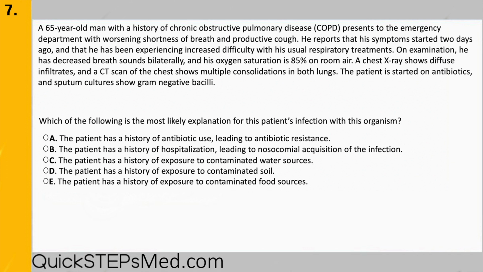All right, so what do we know about this patient? Decreased breath sounds bilaterally. He's desaturating to 85% on room air. That's usually below what the goal is for COPD patients, which is usually 88 to 92%. Bilateral, multiple consolidations on CT, and he's got infiltrates diffusely. And underneath all of this, we have to piece this together with some sort of gram-negative bacillus. So the gram-negative organisms that can typically cause these types of pulmonary symptoms, right? This technically meets